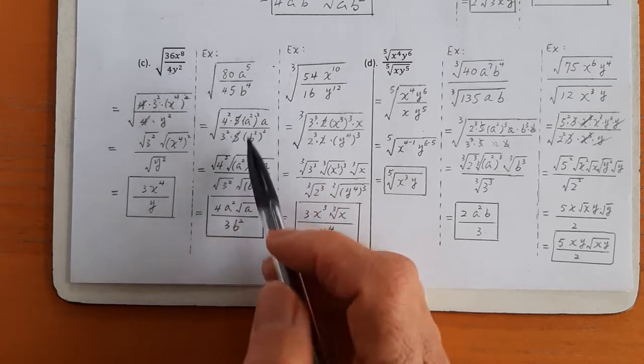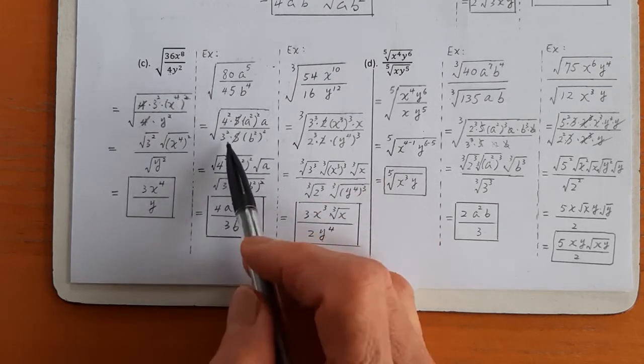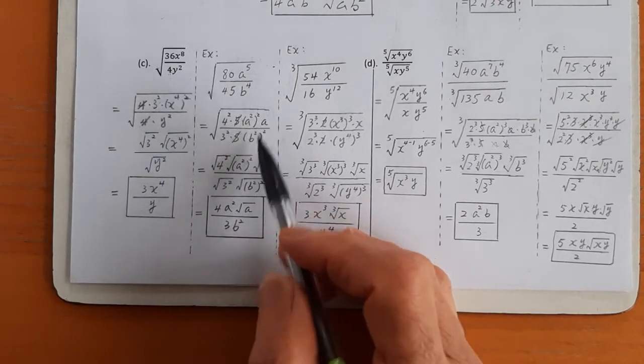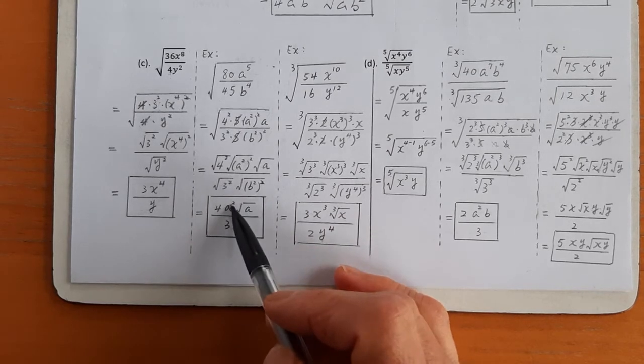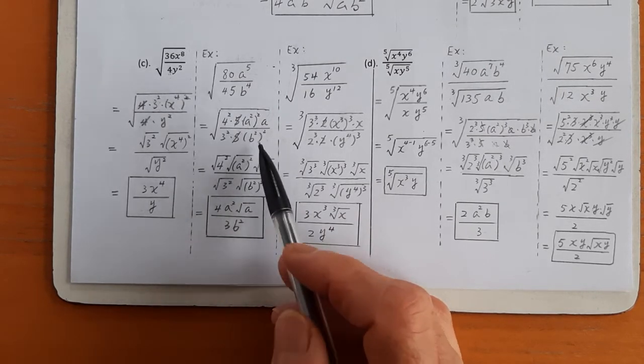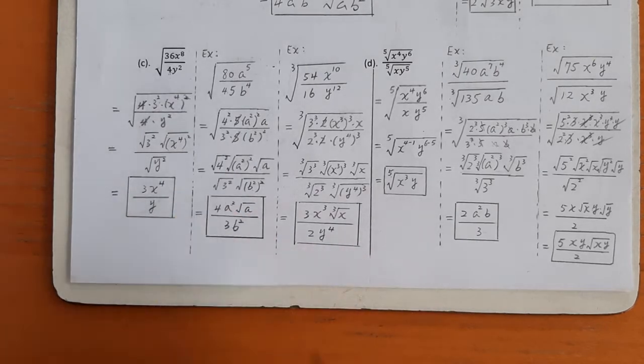So each one takes the square root. 4 squared takes square root out, it's a 4. 3 squared takes square root out, it's a 3. A squared squared takes square root out, it's a squared. And the square root of a is still in the radical. And the b squared squared, square root out, get b squared. And so this one,